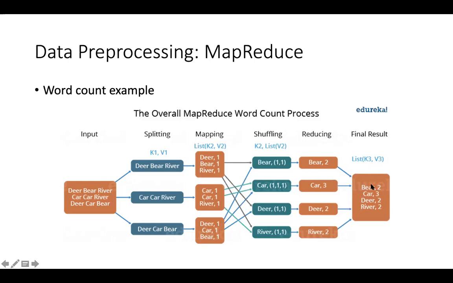So bear occurred twice in the entire three lines, car occurred 3 times, deer occurred twice, river occurred twice. So it's the number of times each unique word occurred in the entire text. That's the setup. And imagine that this is such a gigantic text that it does not fit into a single